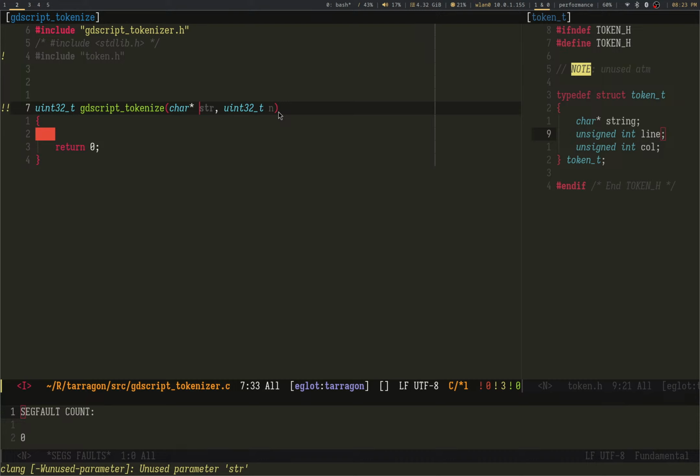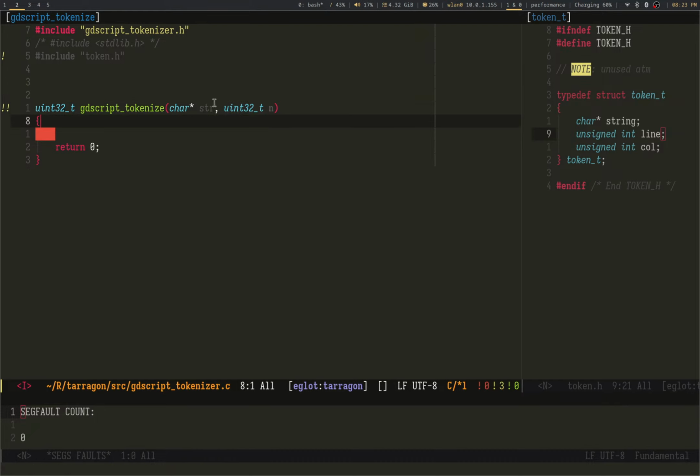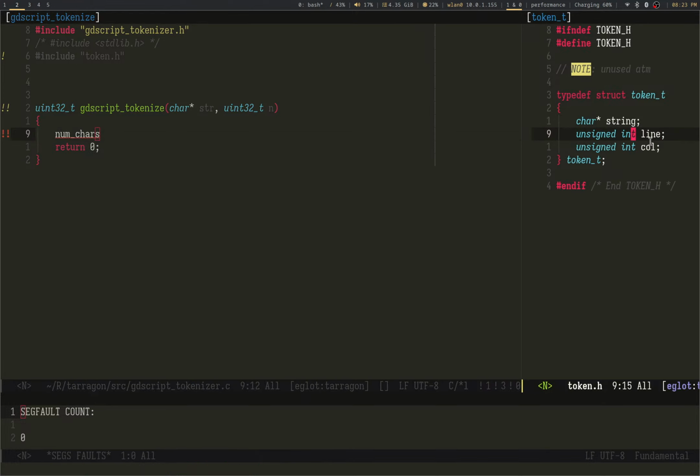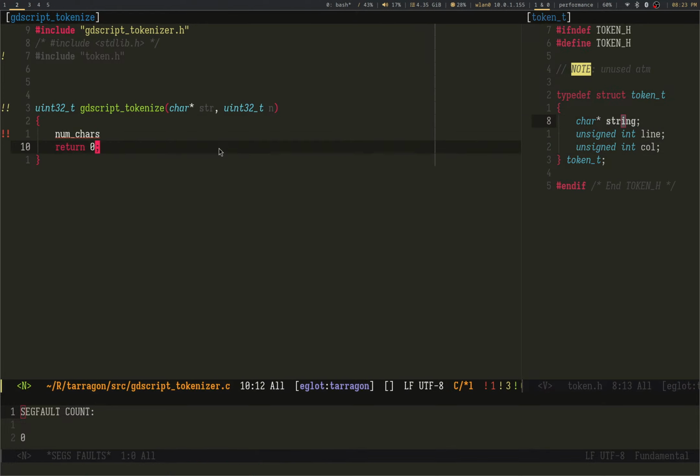Unfortunately, I could do something smart like memory map it. I'm not smart. What else? And you know, I might memory map it. For now, I mean, this works. So first things first, I want to figure out how big it's going to be. So I'm going to say, here we go, num characters. I need to figure out how many characters I'm going to need and how many tokens I'm going to need. So we just put that.